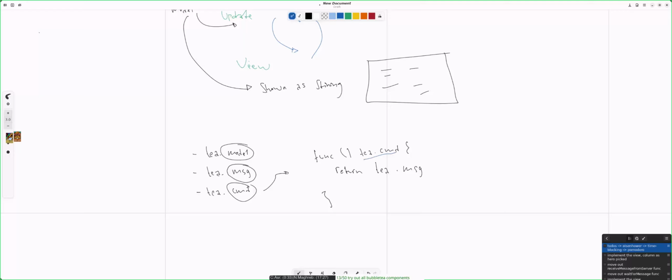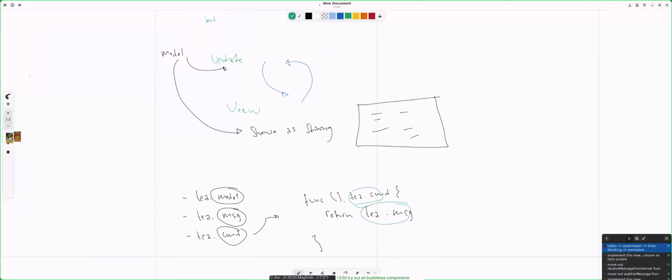Okay, so this is the command, and this is the message, and this is working. Maybe this is not pretty clear, but this confused me a bit in my past learning. What is the difference between the message and the command? I think it's pretty important to know the difference.